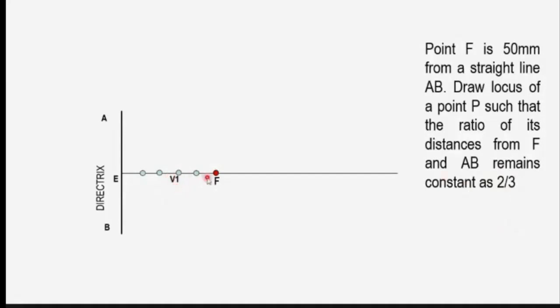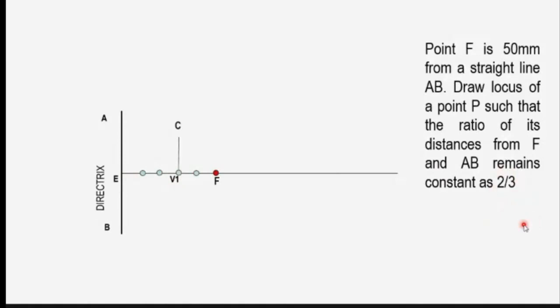Now the distance of V1 from F is 20 millimeters. The distance V1 from E is 30 millimeters. So the ratio is 2 by 3. So this is the first point on my ellipse, point V1. This is one vertex of the ellipse. Now,